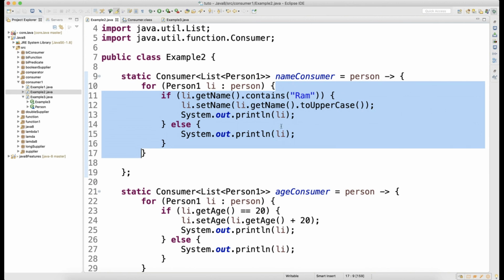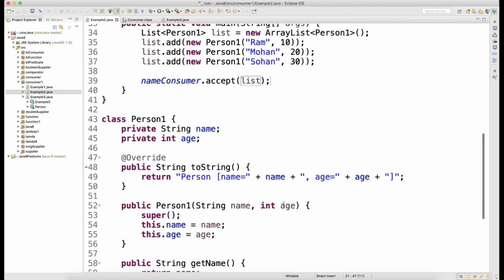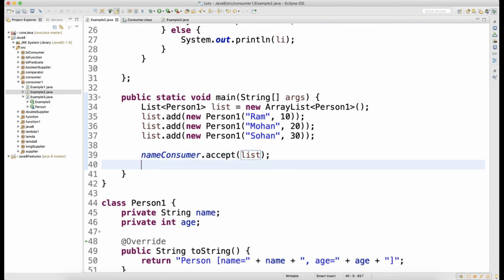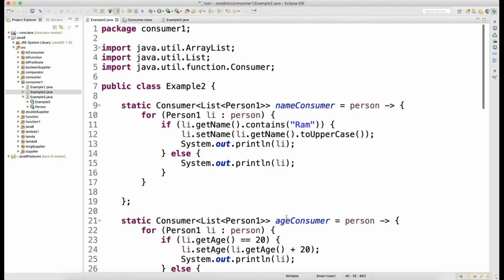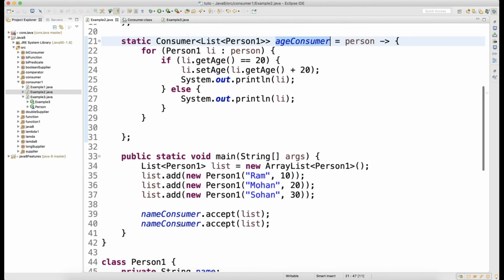Okay, clear? Simple things, right? Similarly for age consumer, again age consumer will accept a list of data. So you can write like this, and instead of name consumer you can go for age consumer.